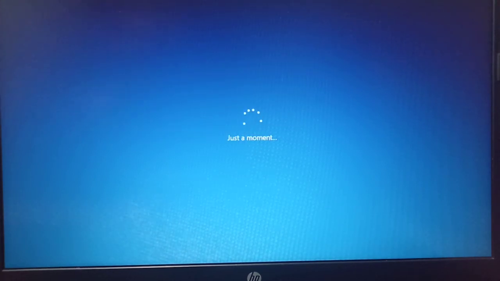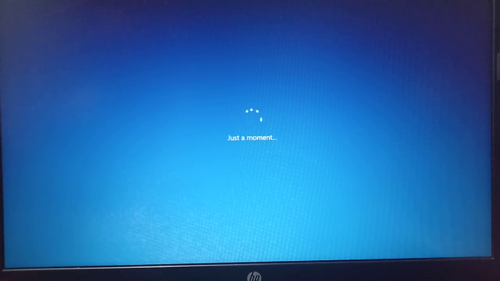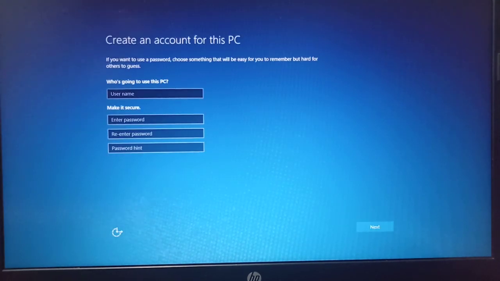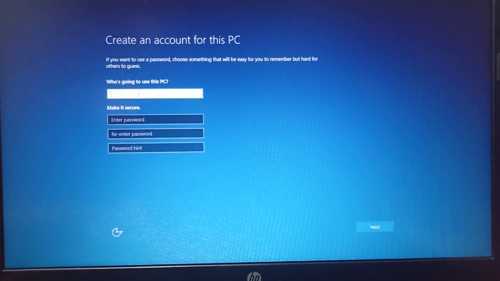So now our Windows 10 is going to start. It will take some time, so have patience and just wait. So here the next screen is showing who is going to use this PC.